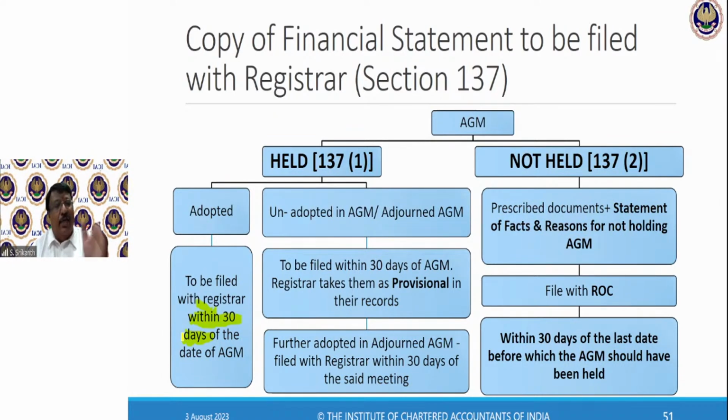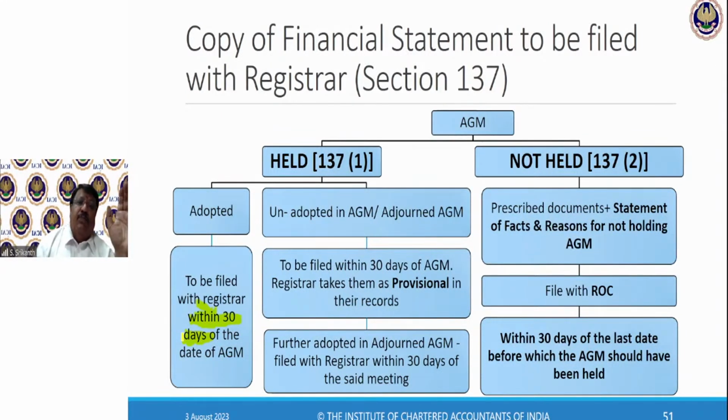And at the adjourned meeting, nobody came. We had it in the middle of the day, a working day in the factory. This is the registered office. We had it there and completed the whole thing. We adopted the accounts at the adjourned meeting. So it's quite possible that at the adjourned meeting it will happen.